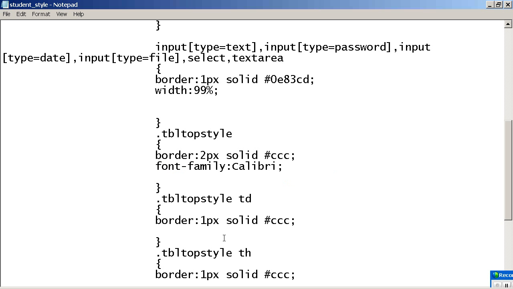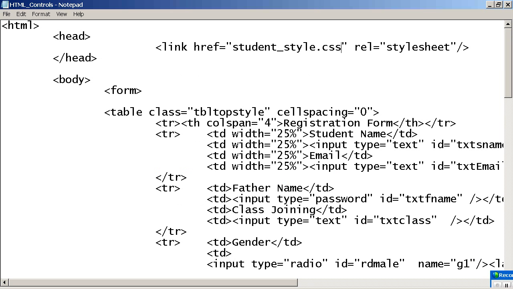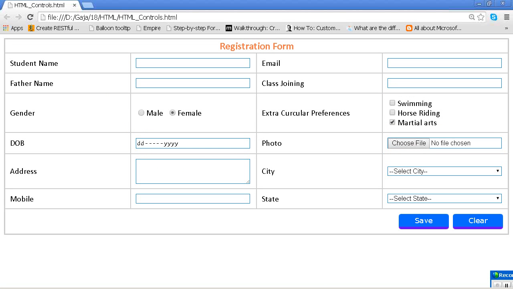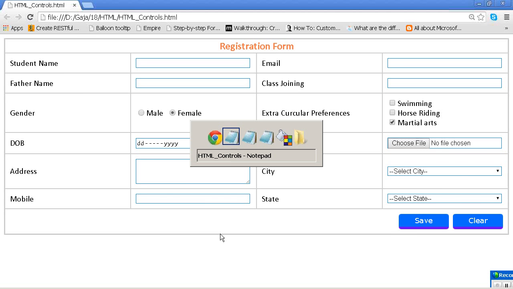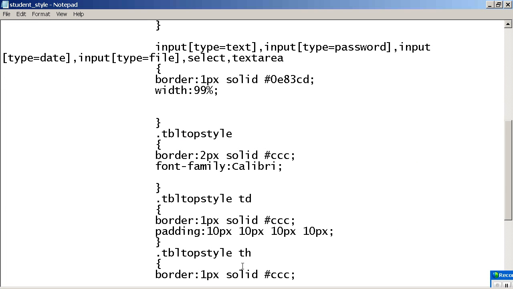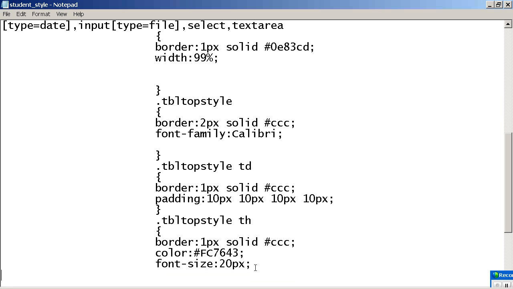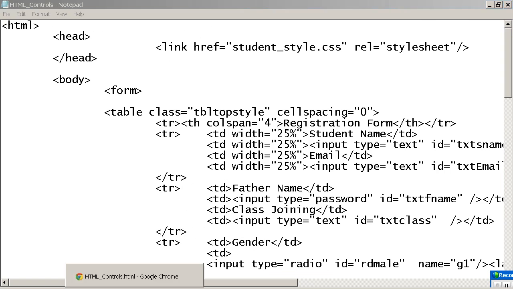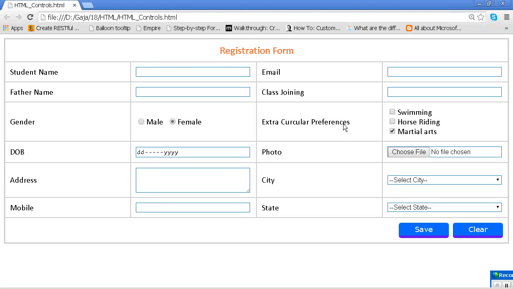But I want to give it for TD, TH. It's very specific. If you go for CSS, what is the advantage? If you want to give padding for the table, you can give. If you want to give padding for the TD, you can give. Even if you want to give for TH also, you can give. Okay. So, like this everything.